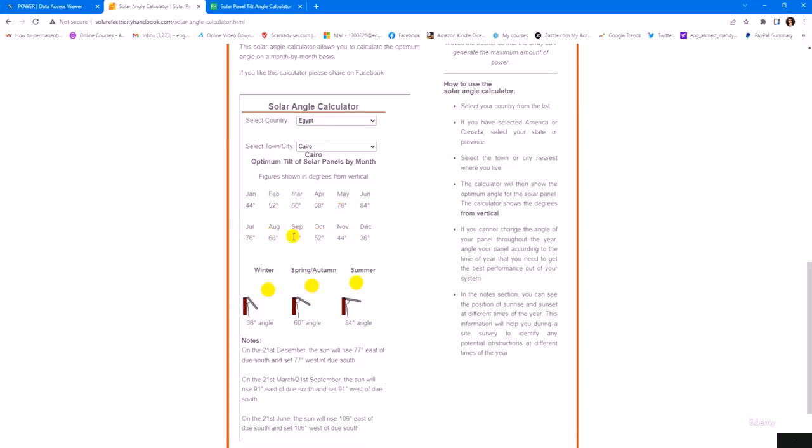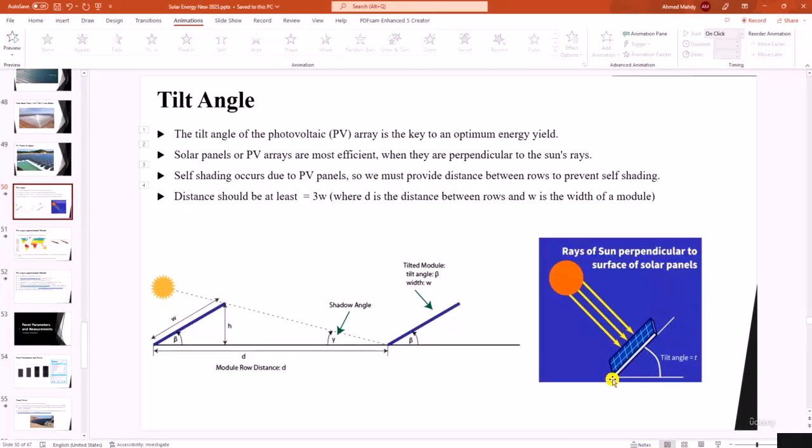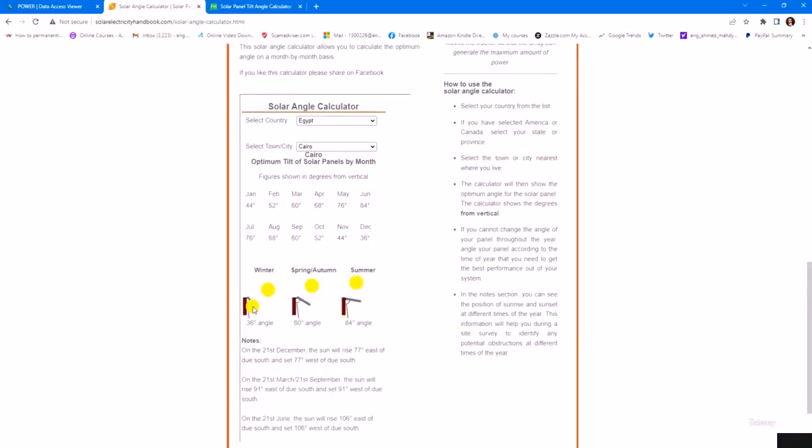This angle is between the vertical and the panel. The tilt angle here is between the panel and the horizontal. So in order to get the tilt angle from the horizontal, you will just subtract from 90 degrees.